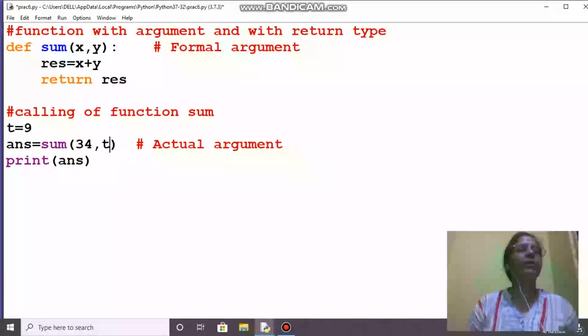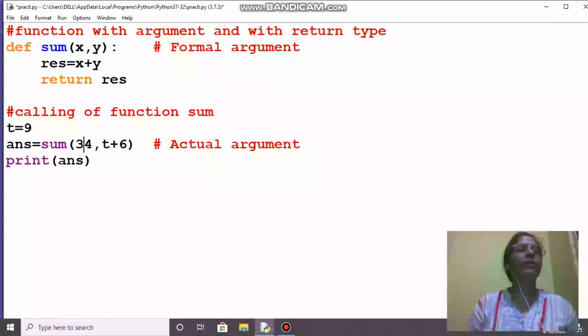So it can be an actual argument, can be a variable, can be an expression, can be a constant, but formal argument cannot be a constant like 34 here. Formal arguments must be variables, which receive value from actual argument.